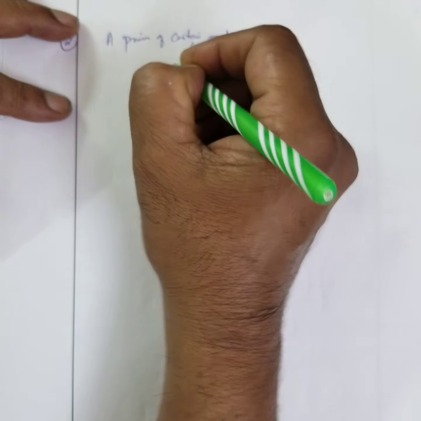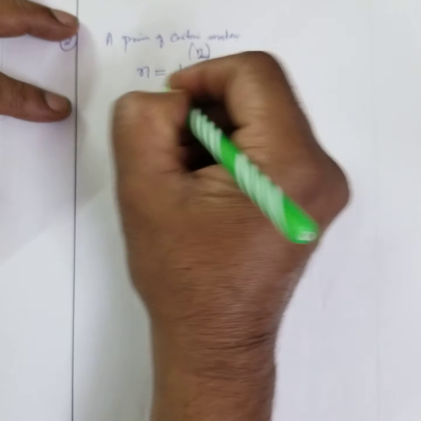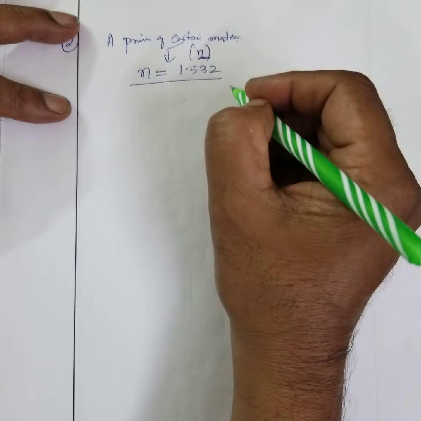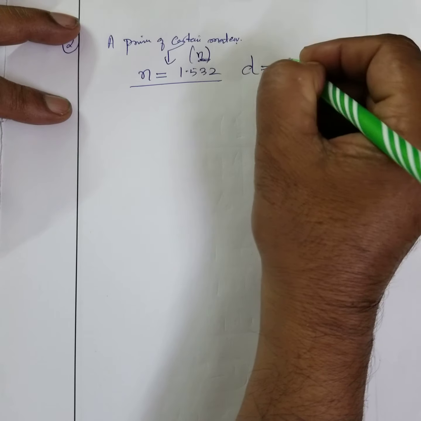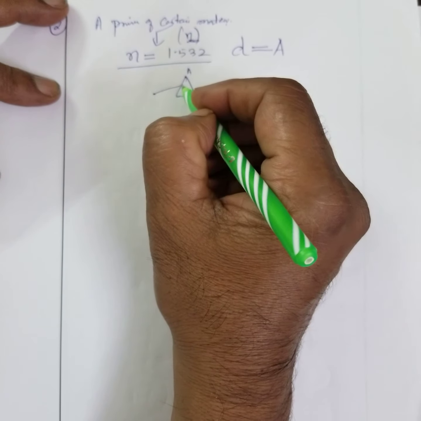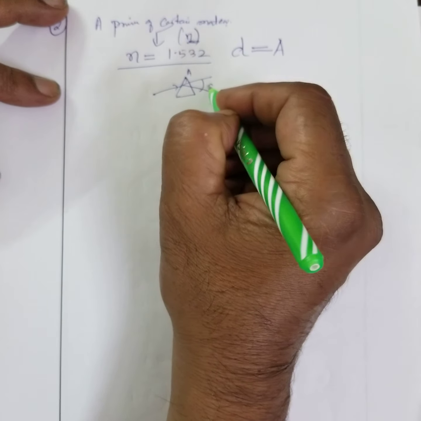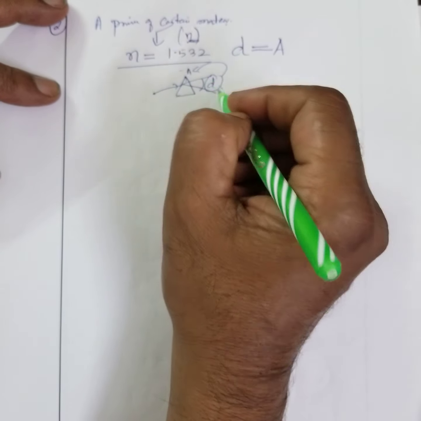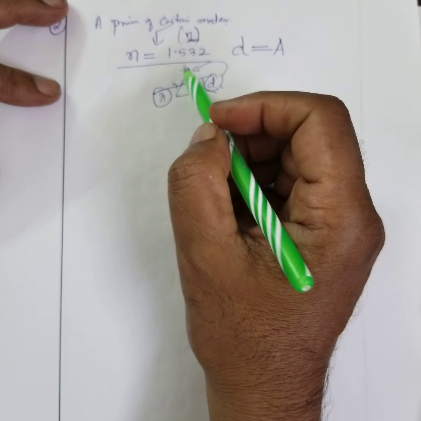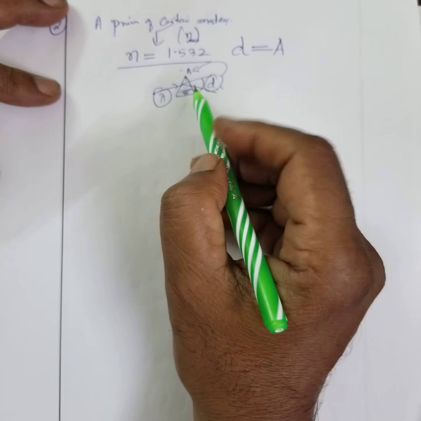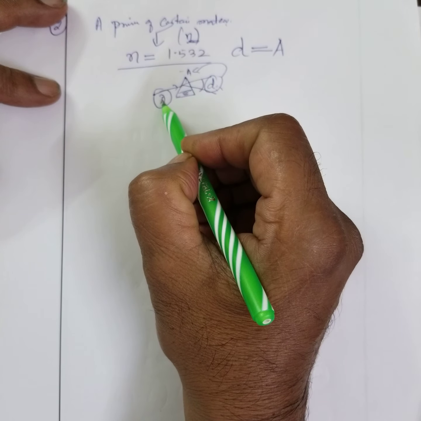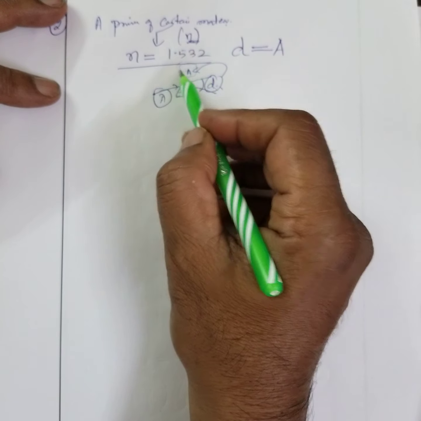They'll simply give, say, a material of refractive index 1.532, and it produces a deviation. The deviation is equal to the angle of the prism. The angle of this prism and this deviation are the same. And this is a monochromatic light, right? Therefore, a prism of certain material produces an angle of deviation for monochromatic light, and that deviation is equal to the angle of the prism.